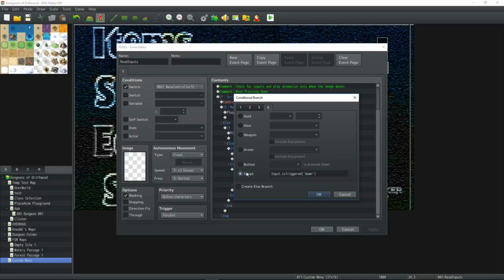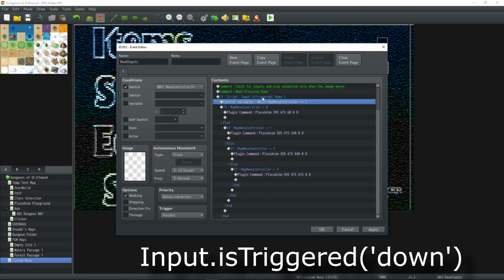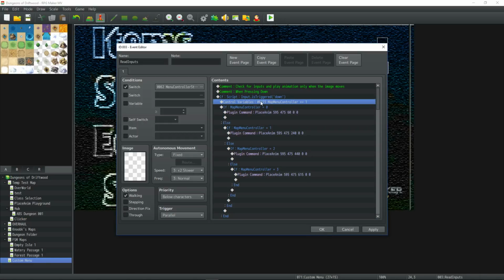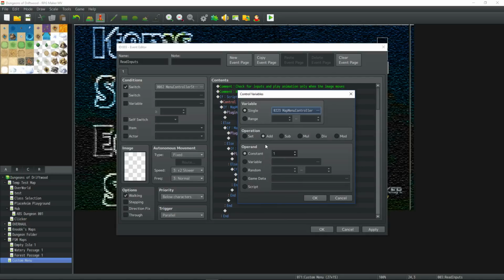We'll just use a script call: capital I on Input dot is capital T on Triggered, open some parentheses, a single quotation, type in down, another quotation and another parenthesis. That's it. This is a conditional branch checking if down is triggered. If that's the case, what we're going to do is control a variable in order to move the cursor. Control a variable, the map menu controller variable, use the operation of add, and a constant of